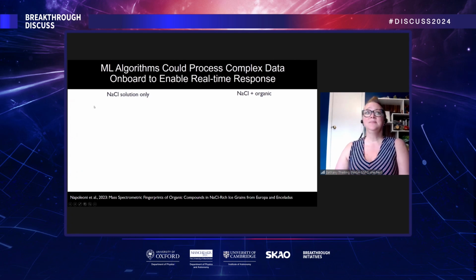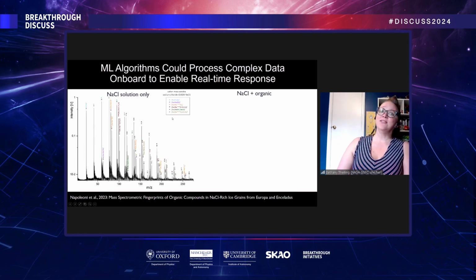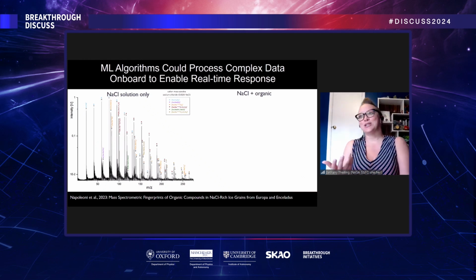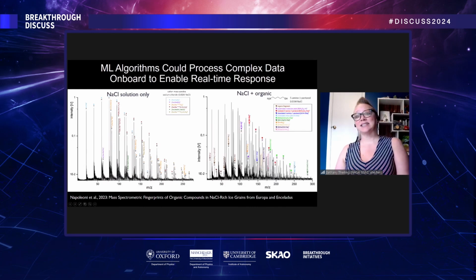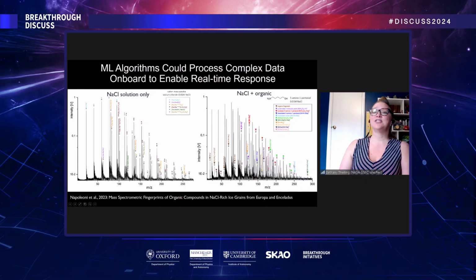Now, things get more challenging when you have salt in it. And like I said, mass spectrometers don't really like salt. So here's the kind of spectra that you might see. I really wanted you to see the simple spectra so that you could see what we start out with and then what we actually end up with. This is just a solution that has sodium chloride in it. You can see that it tends to ionize in really weird ways. And then if you add organics into it, it gets really complicated. So this is the perfect kind of problem.